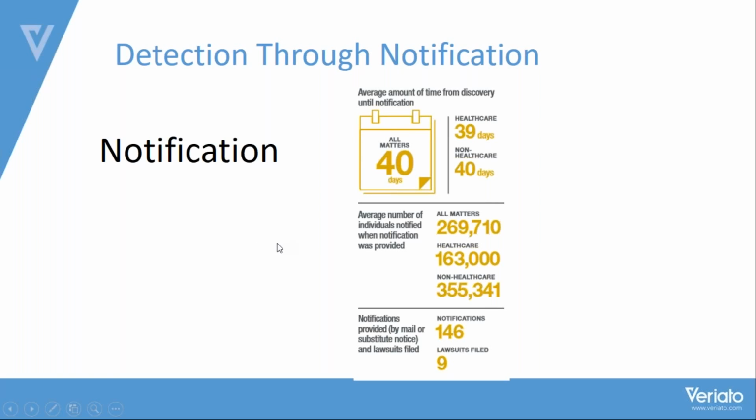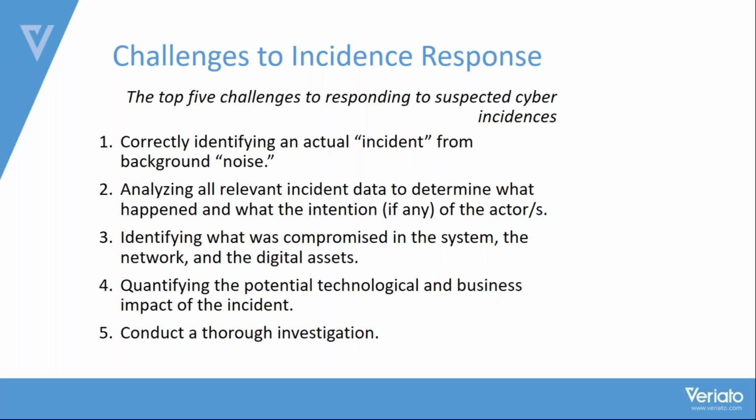Now, I showed these 4 steps. This may not be your 4 steps, but this is generally what has to take place in an organization in order for us to take care of or mitigate an incident. Now, what are some challenges that we have for incident response? Again, these are in the white paper if you want to download it, but the top 5 challenges I found when I was doing my research to write the paper fall into these categories.